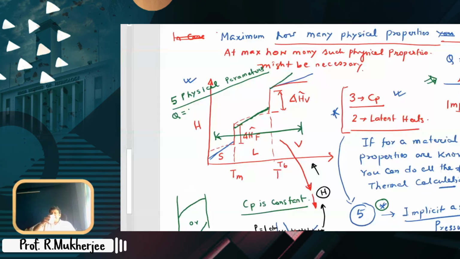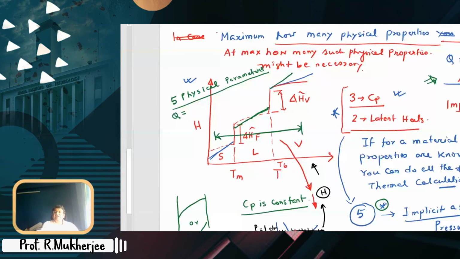First is heating of the solid to its melting point. Then the latent heat of melting. Then heating of the material through the liquid from the melting point to the boiling point. Then the latent heat of boiling, fusion, I think. No? Yeah, latent heat of fusion. And then heating it up in the gaseous state. So we need at least 3 values of specific heat capacity and 2 latent heat values.